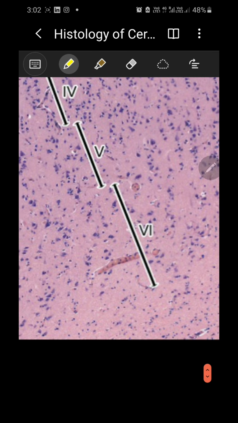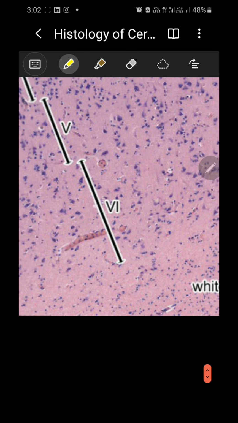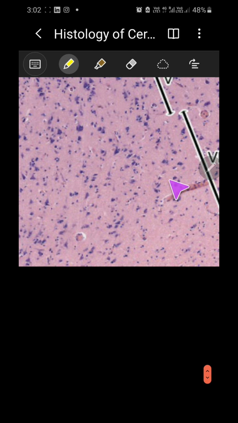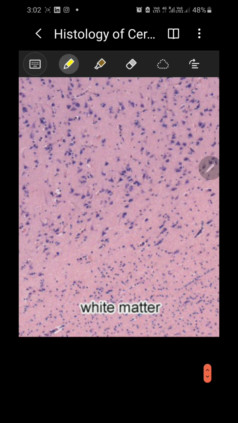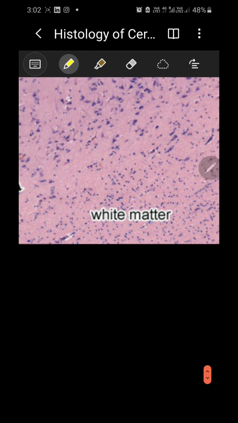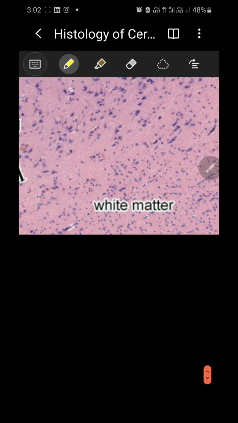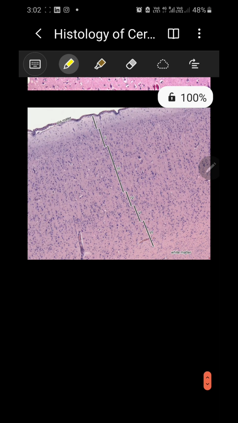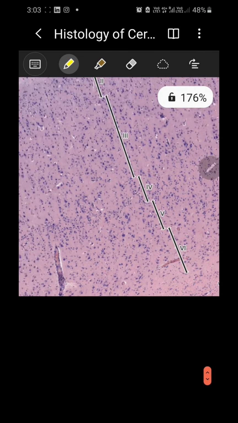The fifth one has the largest pyramidal cells, right? And the sixth one is the pleomorphic or polymorphic layer, and the last one will be the white matter down below. Still, your purpose is not to identify the layers, right? Your purpose is to identify the slide, whether it's of cerebral cortex or not, or first of all whether it's a